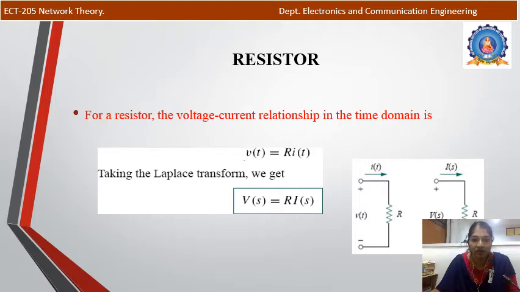For the resistor, the relation is V equals I into R. If we are representing it in time domain, we will write V of t is equal to R into I of t. So we call this equation as in time domain. How can we convert that into Laplace domain? First we will take the Laplace transform of this equation, where t is changing to S, and capital letters will be used for the notation of Laplace transform. So we have the equation V of S is equal to R into I of S.